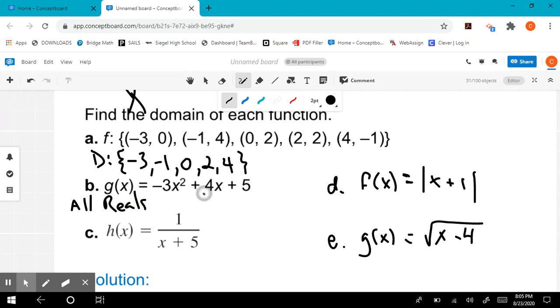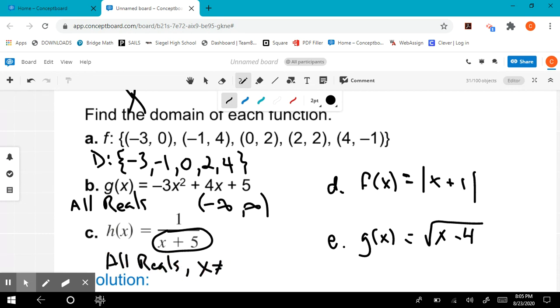If you wanted interval notation, it would just be -infinity to infinity. That's all numbers. All right, C is going to be all numbers, except what's the one number that would give us a problem? What's the one number that would give us a 0 in the denominator? And that would be -5. So we could say all reals